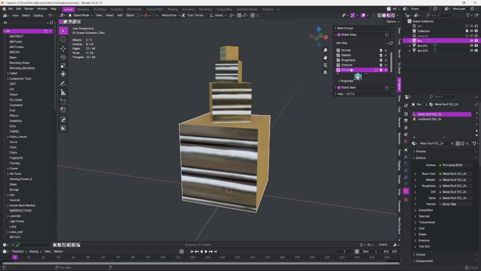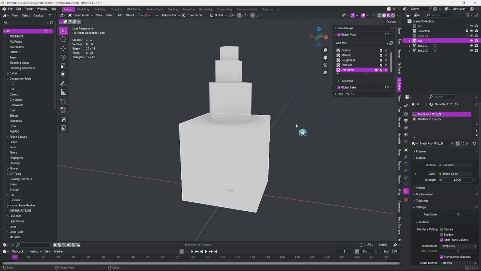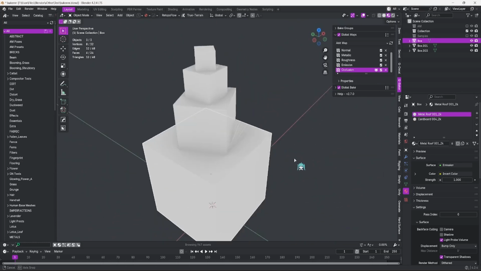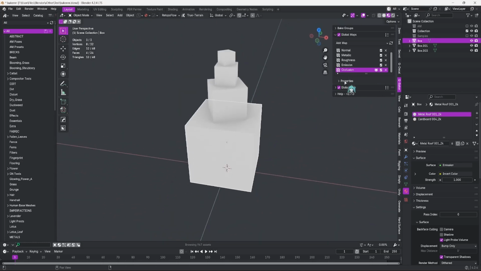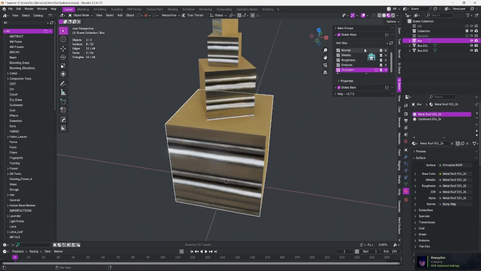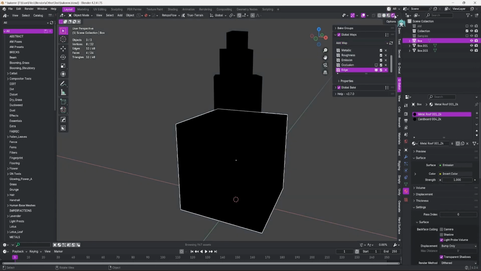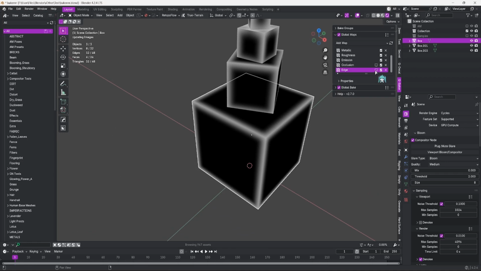Additionally, you might notice that some of the maps have this little TV button. This is the preview. Some maps, you can preview what it would look like before you bake it out. Now, it's just this cube, so there's not much to see with occlusion, so I'll give you a better example. Let me add in the edge map. Now, if I hit this, and I go into the Cycles tab, you will see a preview of the edge